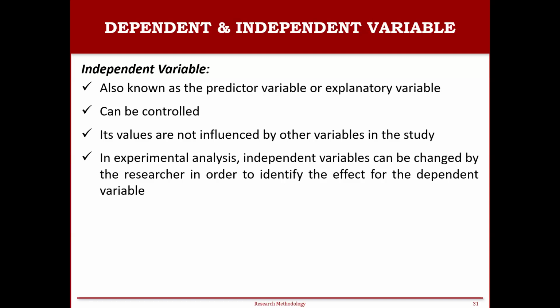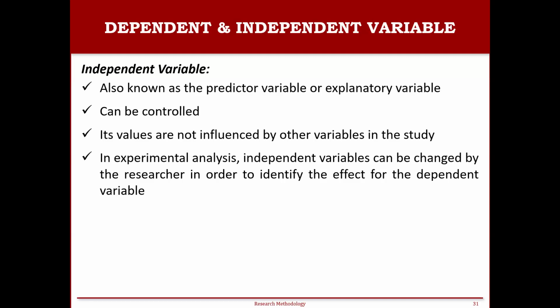For an example, let's say you are going to do an experiment in order to test the effect of different study times on a test score. So the independent variable would be the study time, because the researcher can control how much time the participant spends on their study. Changing the study time, that would be the independent variable. You can manipulate it, no? Changing the study time, you can check the test scores of each and every individual.